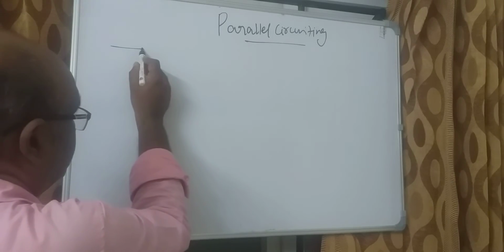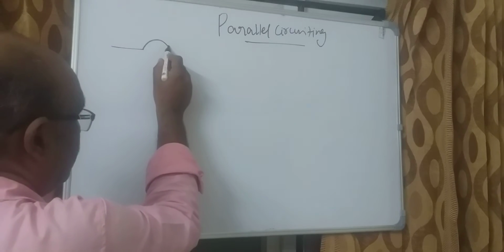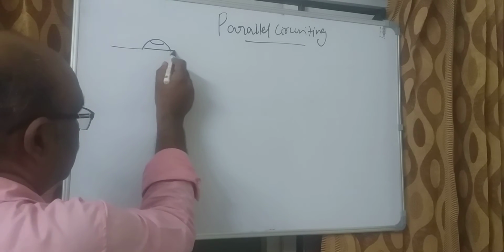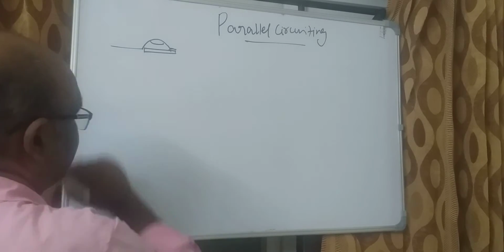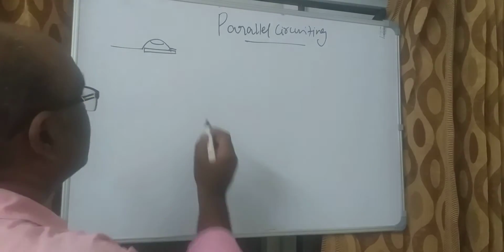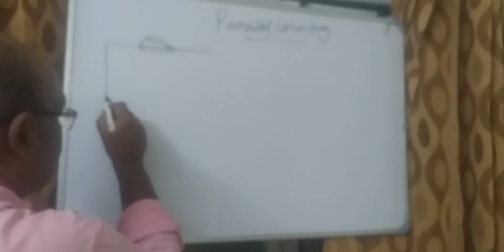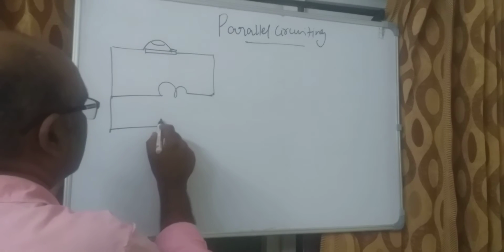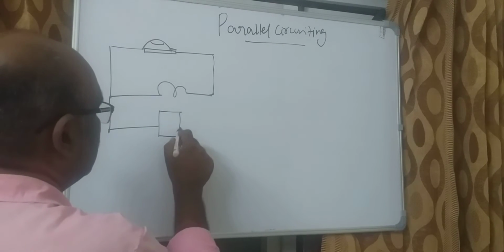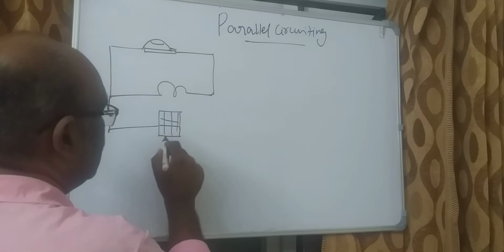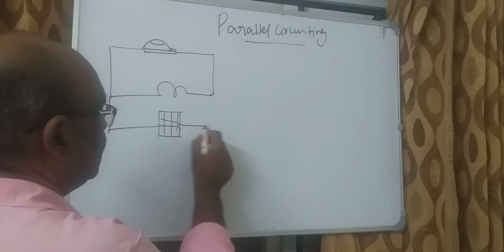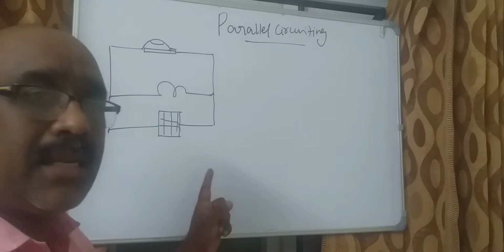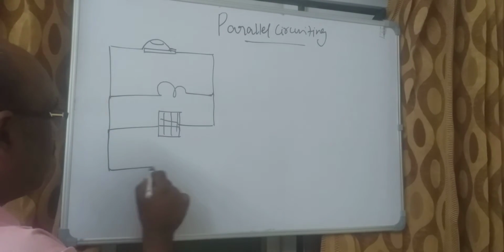Let me take an electrical appliance over here. For example, an iron box which is connected over here, and parallel to that another bulb is connected. And another fridge, washing machine, whatever it is, connected. Let us keep it like this. So here three appliances are connected parallel to each other, and the power supply is given